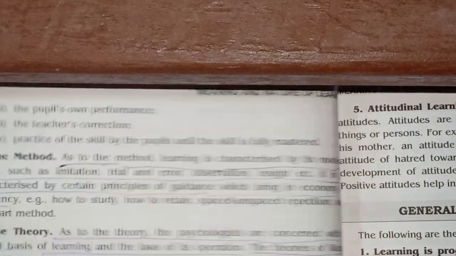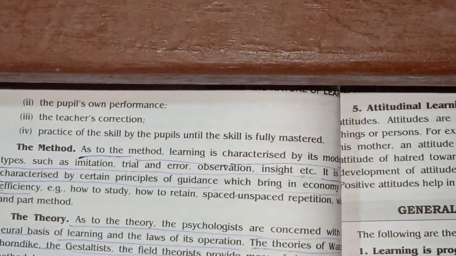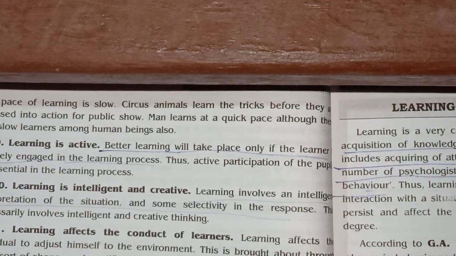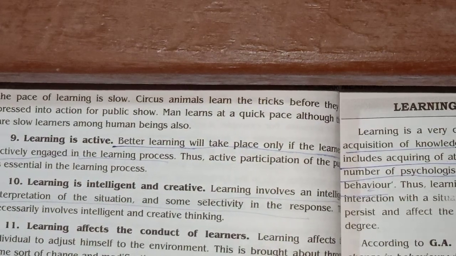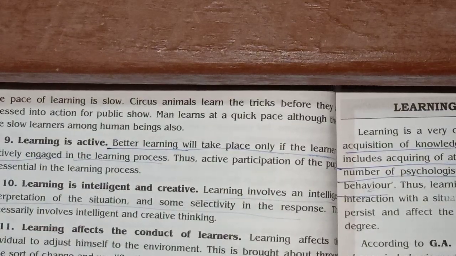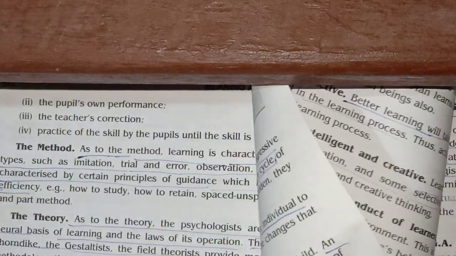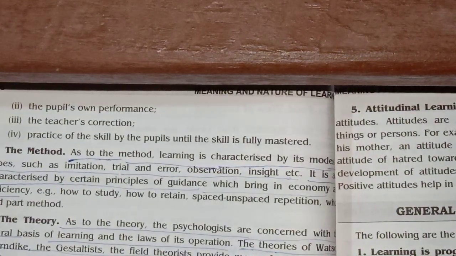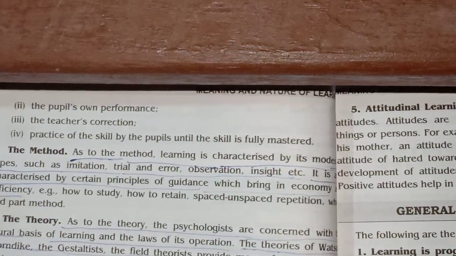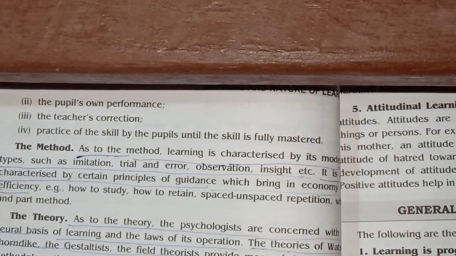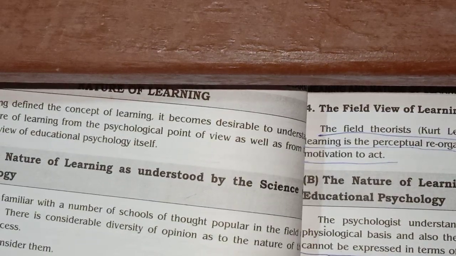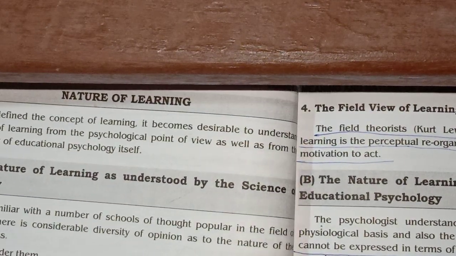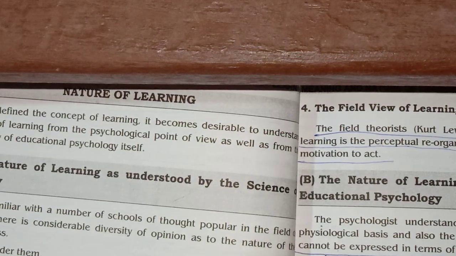Then we will go to types of learning, then general characteristics of learning, then learning and maturation, then learning as modification of behavior. Learning and maturation, I think, can be covered in one video, and types of learning and general characteristics of learning can also be covered in one video, and in the next 3 videos I will complete the chapters. Okay, this is one video over. In the next 3 videos, totally 4 videos.